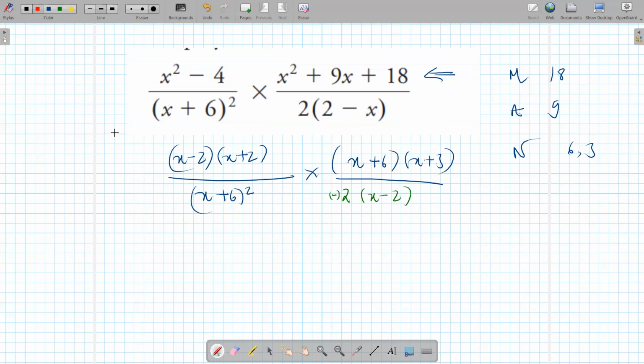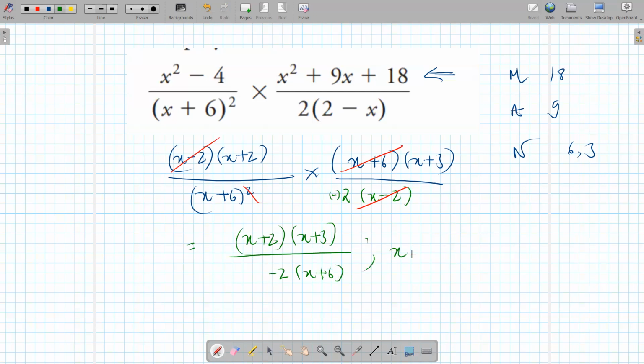Mm-hmm. And things always cancel out. x minus 2 gone. x plus 6 is gone with one of the x plus 6's. Anything else? No, right? That is it. So you get x plus 2 times x plus 3